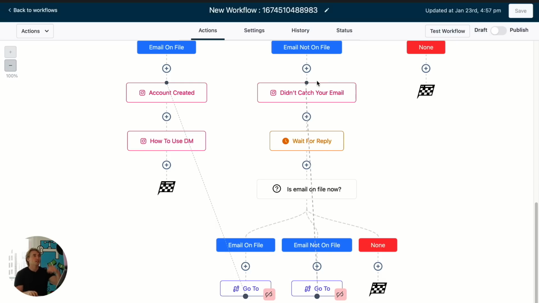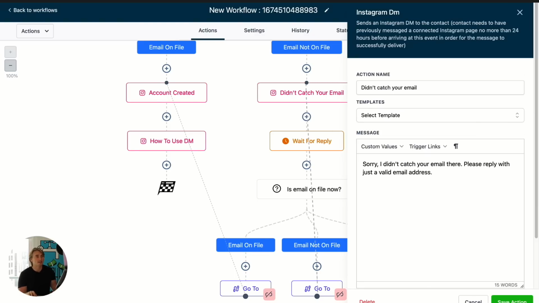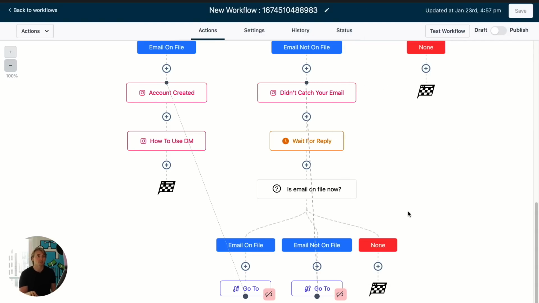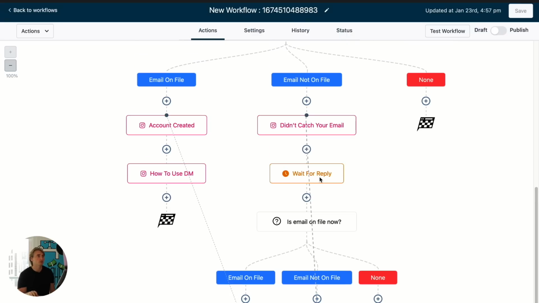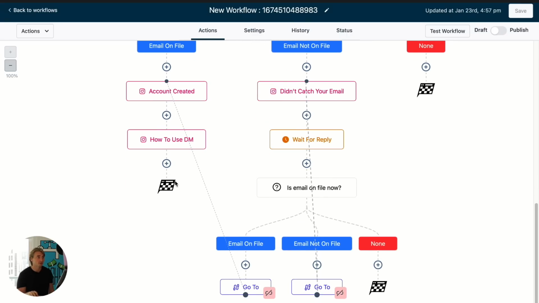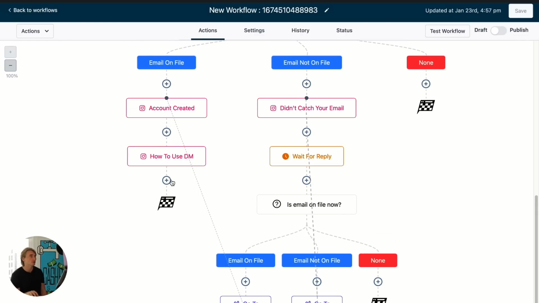Now, this can continue to loop until they actually reply with that email. That's why we do this, because if they reply back with, no, I'm not interested, no, I don't want this, we want to send them that same message again that says, hey, I can't get started until you reply with a valid email address. So it's just going to keep looping, and it's going to take you to the correct step in this situation. Now that the email is on file,